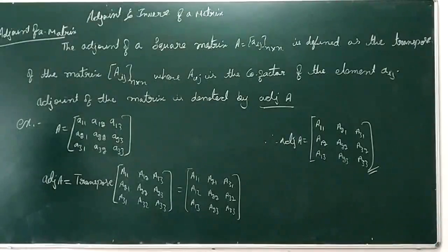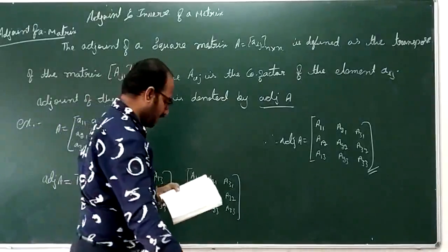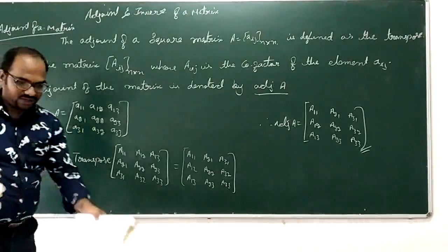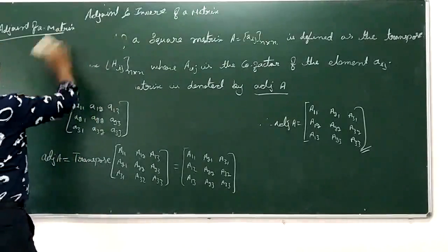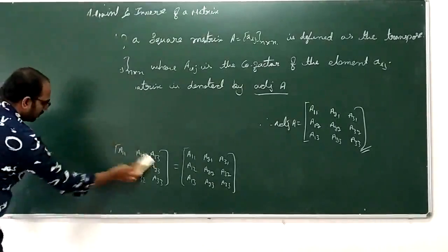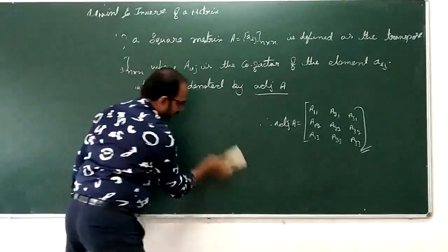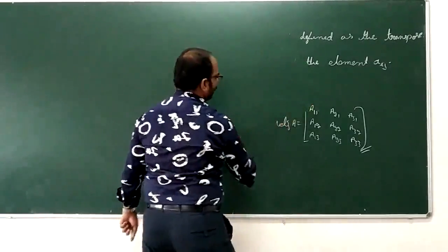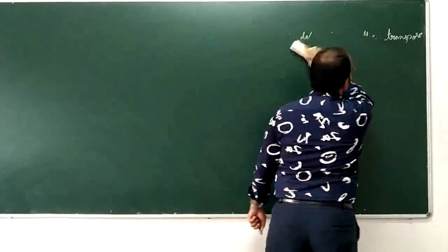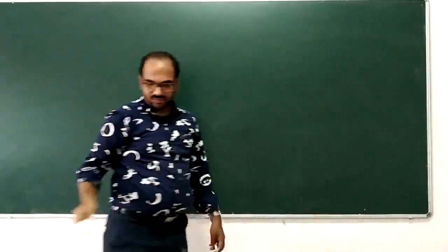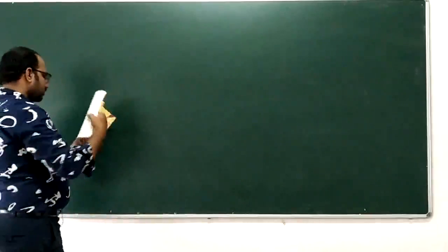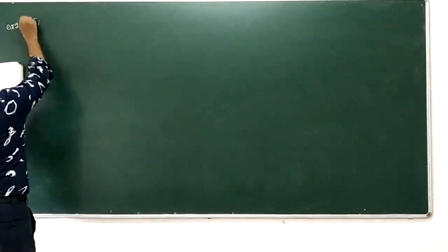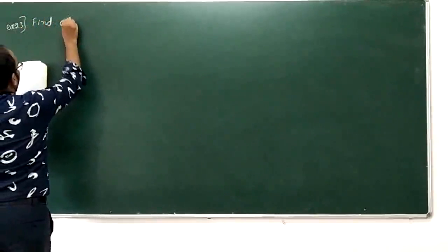Next one, example 23. Example 23. Find the adjoint of A